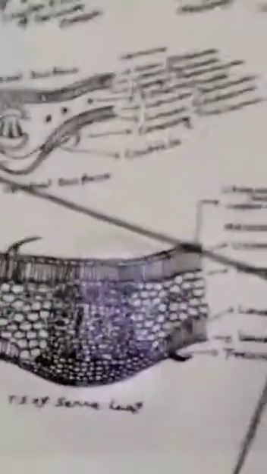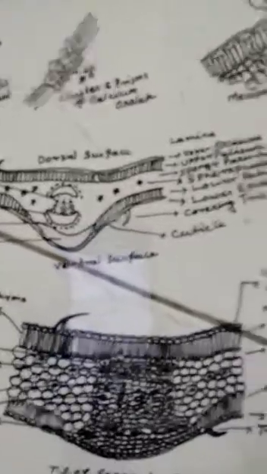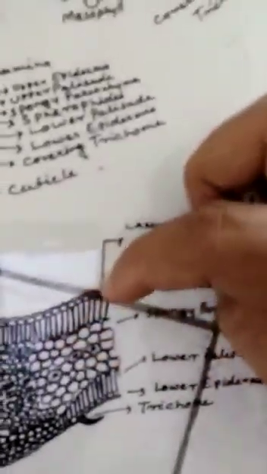So let us discuss the histological characters of senna leaf, Cassia angustifolia. First, let us take the lamina part. In the lamina part, you may find the first layer is the upper epidermis layer. Upper epidermis: single layered, polygonal, straight, with anticlinal walls, and few cells contain mucilage, and the epidermis is covered with smooth cuticle.